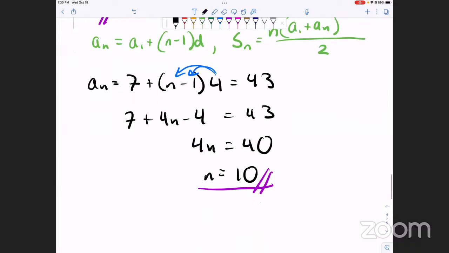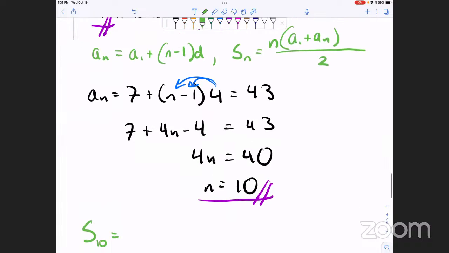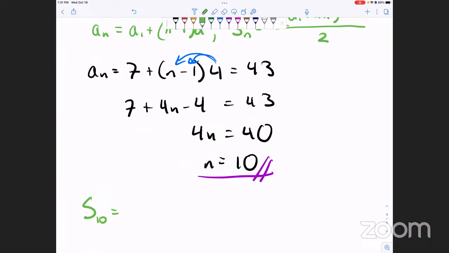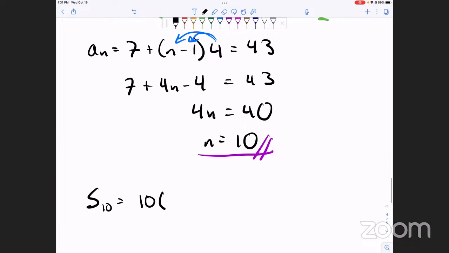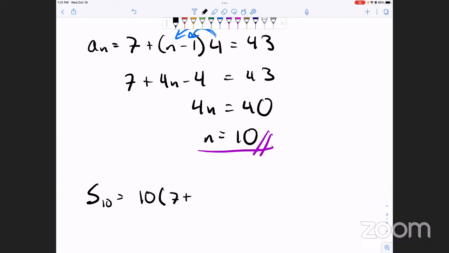So the sum of the first n terms. To recap, in this case it's going to be 10 terms. Let me change that color. So the sum of the first 10 terms is going to be 10, provided our formula is correct, times the first term, which is 7, plus the last term, which is 43, all divided by 2. So that's essentially going to be 5 times 50,